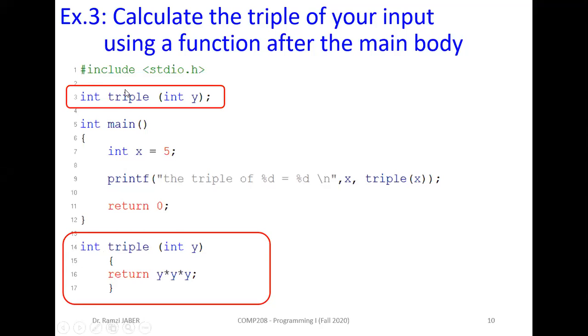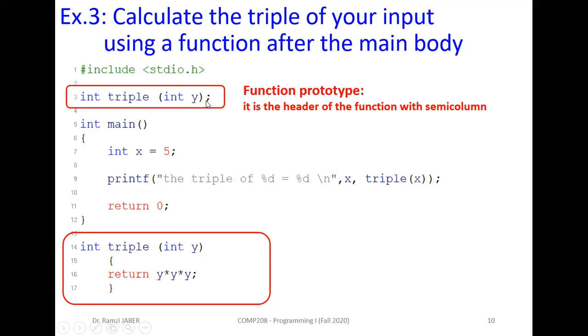This is the declaration of your functions. In this declaration, you write only the header part, called function prototype. Function prototype, this line is the header of your function